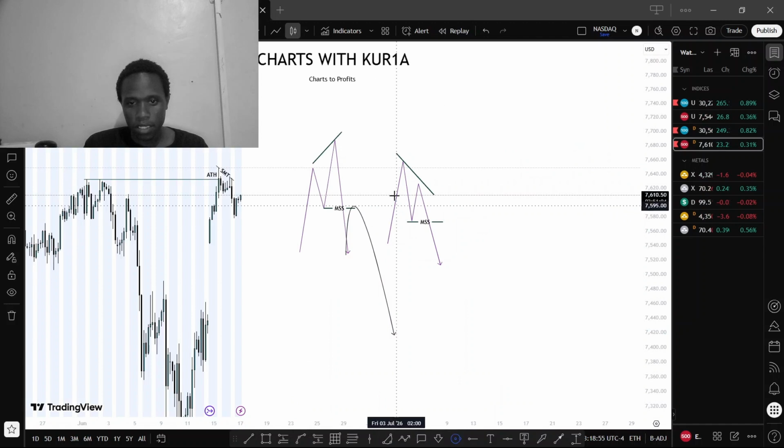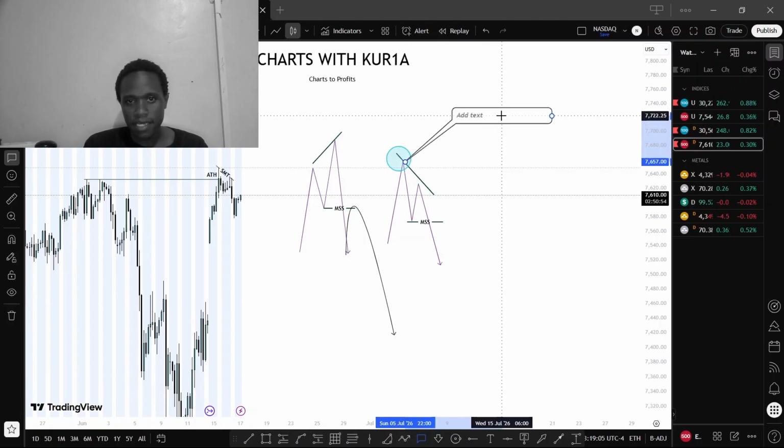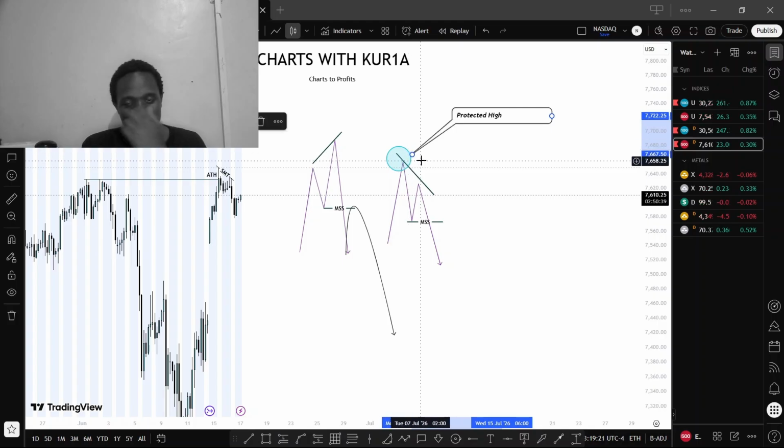Okay, so when you have a protected high, what you want to do is when you enter that trade,